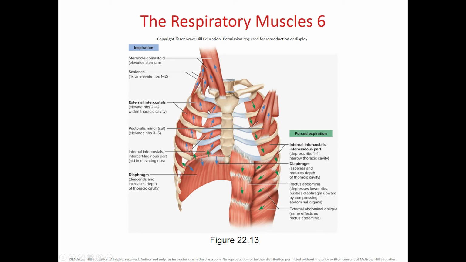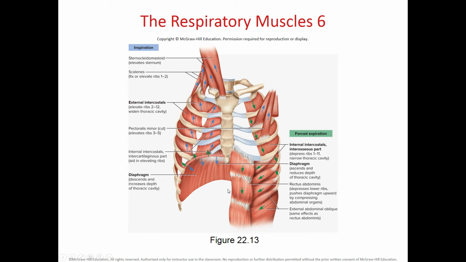Then during forced respiration, you can use accessory muscles like the sternocleidomastoid and the scalenes, which help to elevate the upper ribs, and also your external intercostals, which elevate ribs 2 to 12 to widen the thoracic cavity. And during forced expiration, your internal intercostals will depress ribs 1 through 11, narrowing the thoracic cavity,